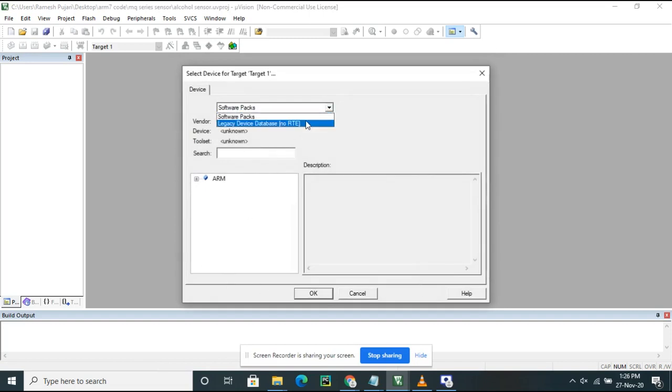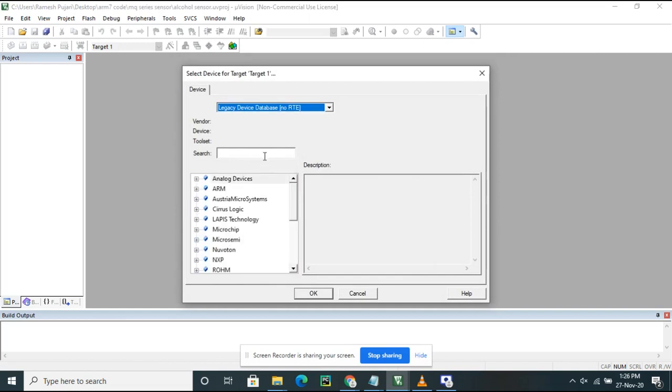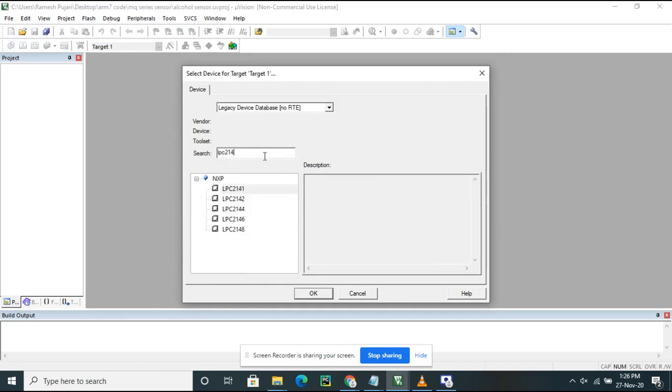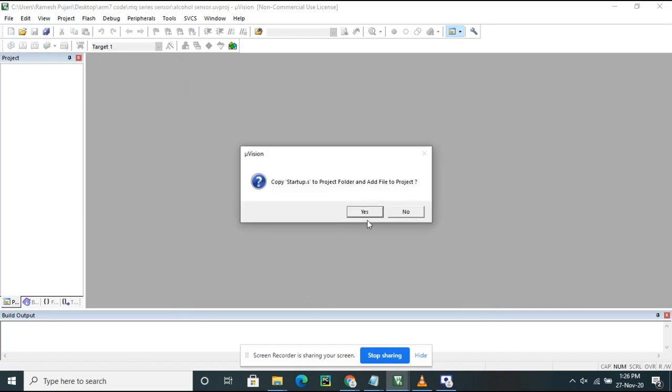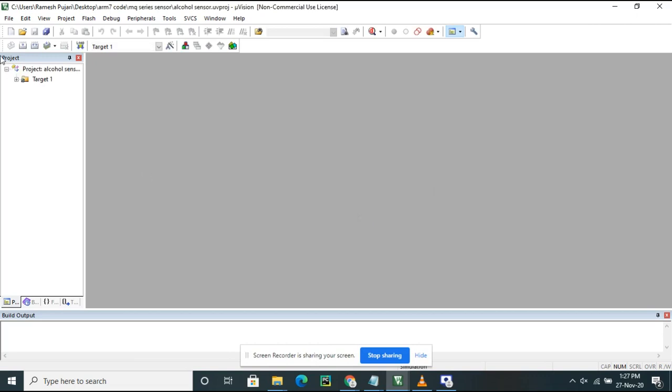In that we have to select the legacy device, and then give the microcontroller name LPC2148. If it is not there, it means a legacy issue, so you have to download the legacy file. Click OK, and then click Yes for copy startup.s to project folder. Once that is done, the startup file is already added.